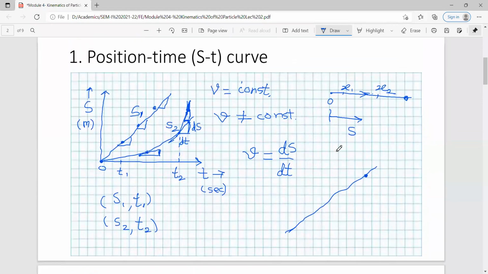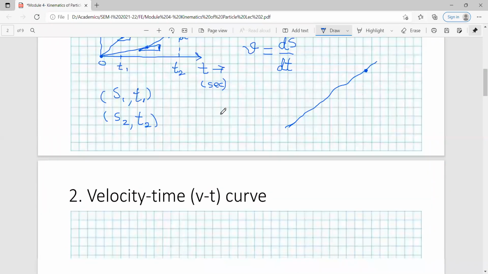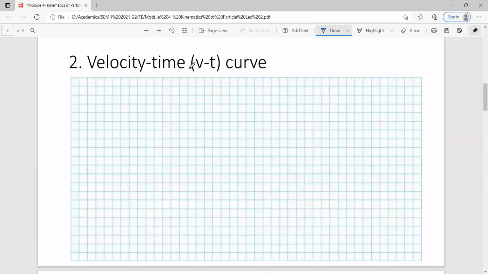So after position time or displacement time curve, we will see the velocity time curve. That is nothing but VT curve. So as the name suggests, on y-axis you will have the velocity,